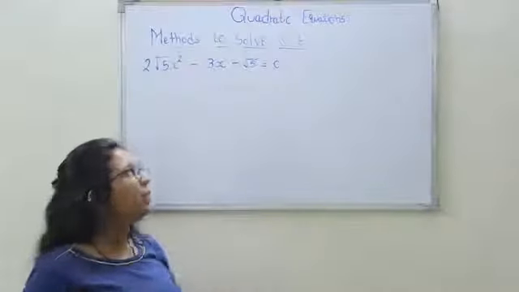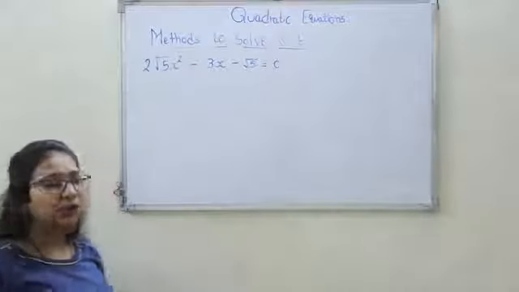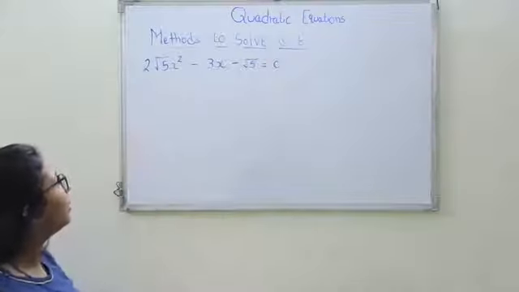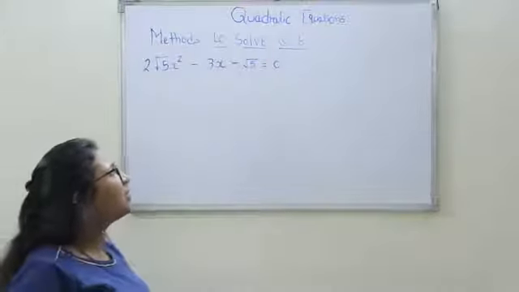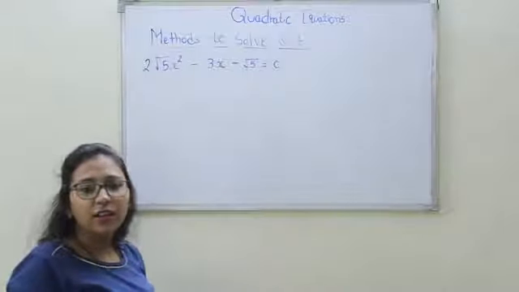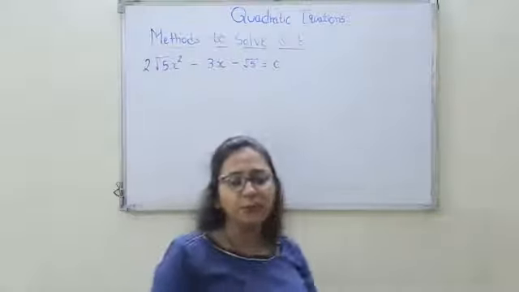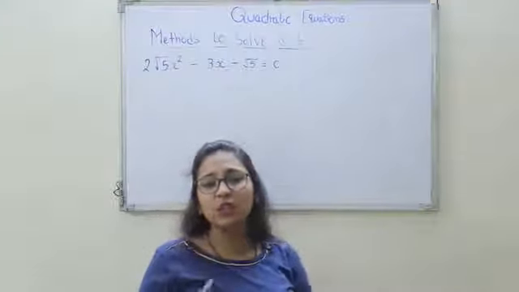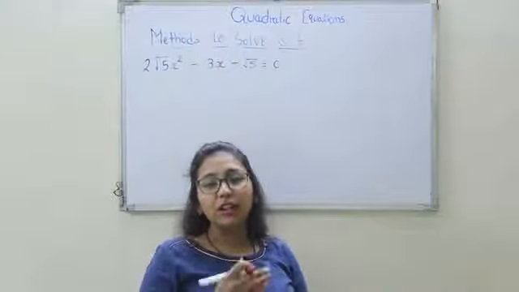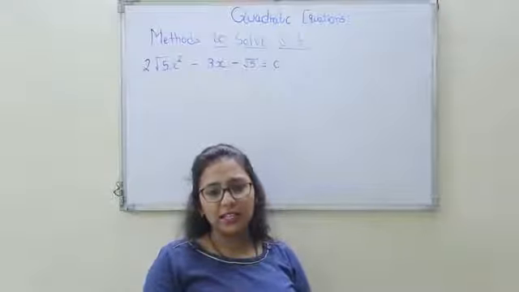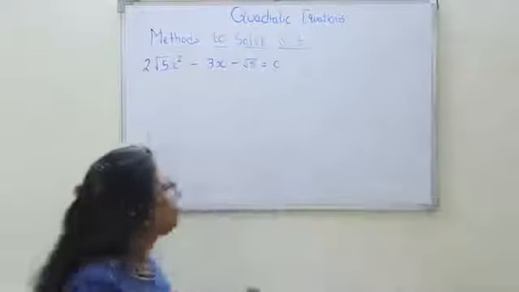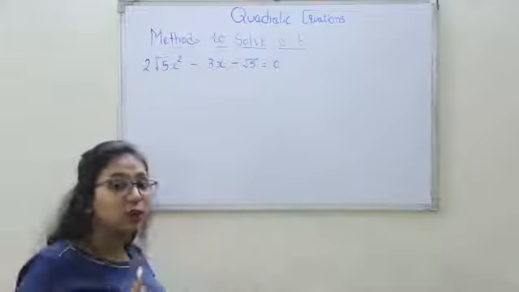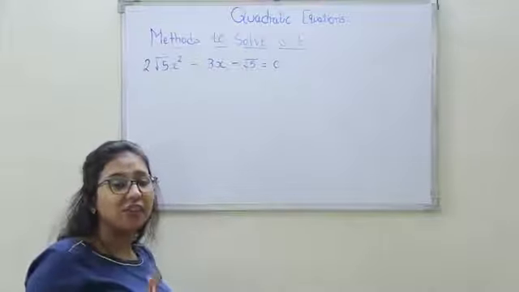Continuing with the examples of factorization method, with one more example, I will explain. 2 root 5 x squared minus 3x minus root 5 is equal to 0. If you observe this question, the values of a and c are irrational. The examples which we did till now had a rational number in the place of a and c. But here you have to be careful while solving. So let's start. The first thing you have to observe is whether the equation is in standard form or not.